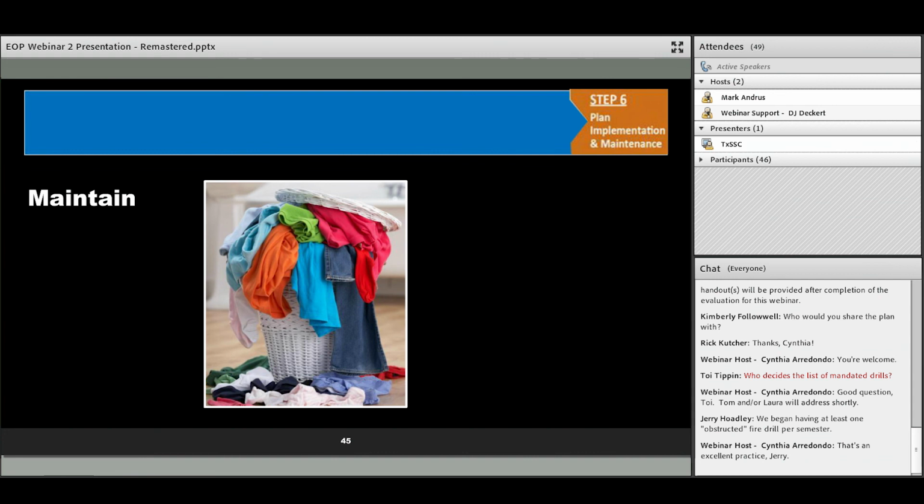But one of the things you can do the most good in your plan is constantly monitoring your drills, conducting those exercises, making sure your EOP contains all the current, correct information that's well thought out, and making adjustments. Things that we know today changed our EOPs drastically over what they were 10 or 15 years ago. So continue to look at that. Okay.